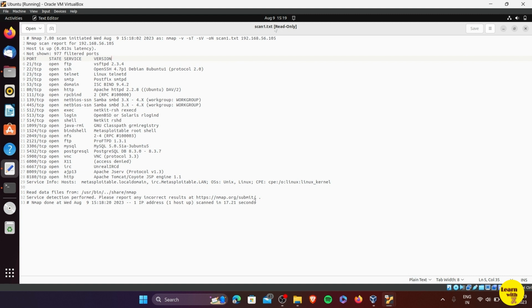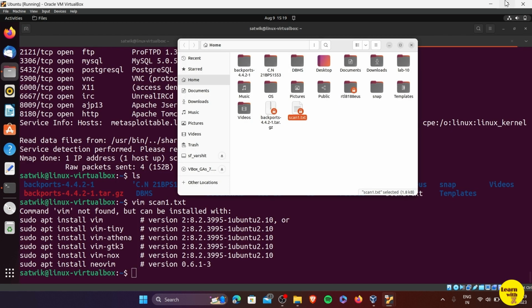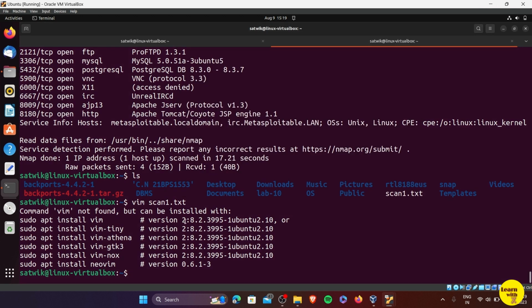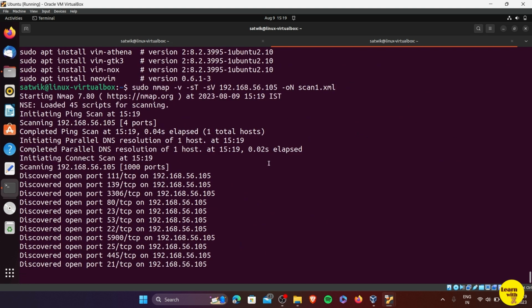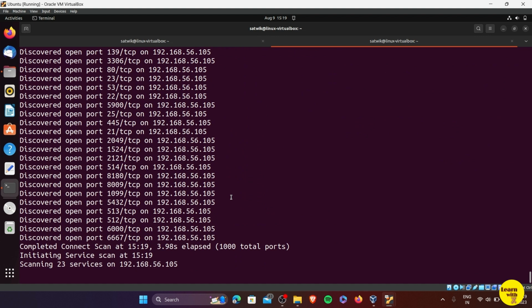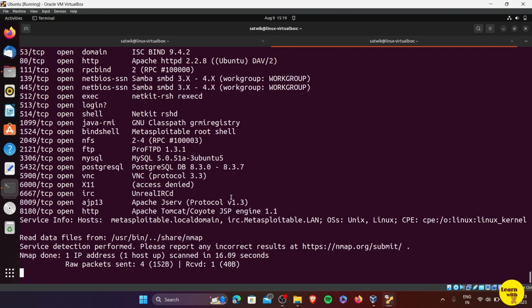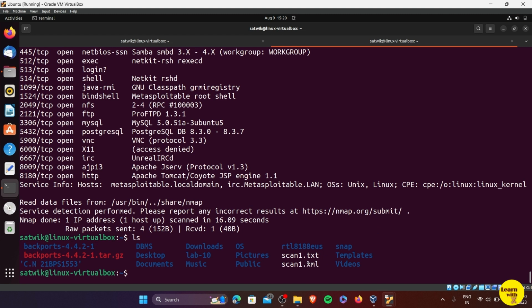If you want a more GUI version of this, we can convert this file into an XML file. For that, we need to give the extension as XML. Okay, if you type ls, here you can see scan1.xml. Now we need to convert this to an HTML file. For that, type